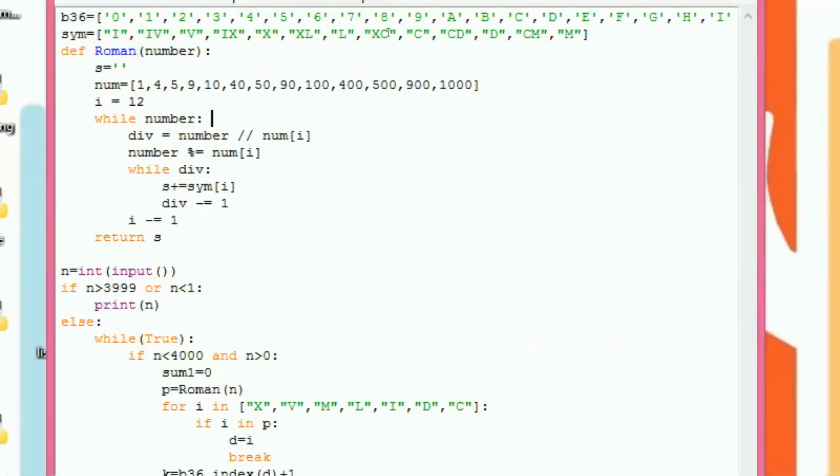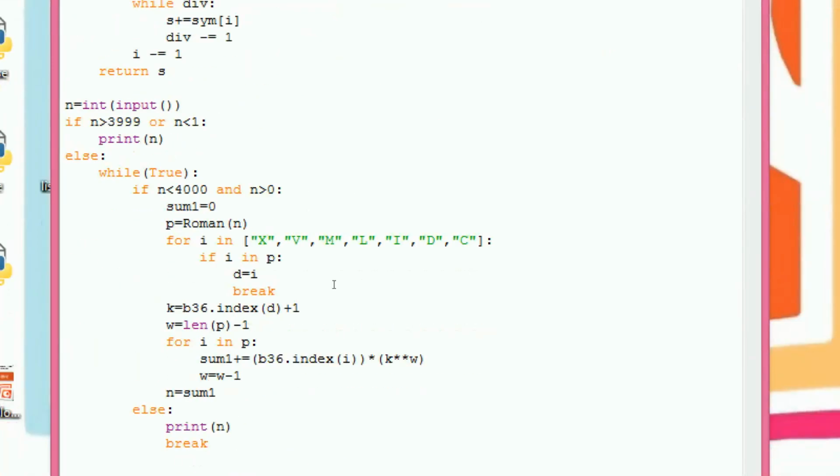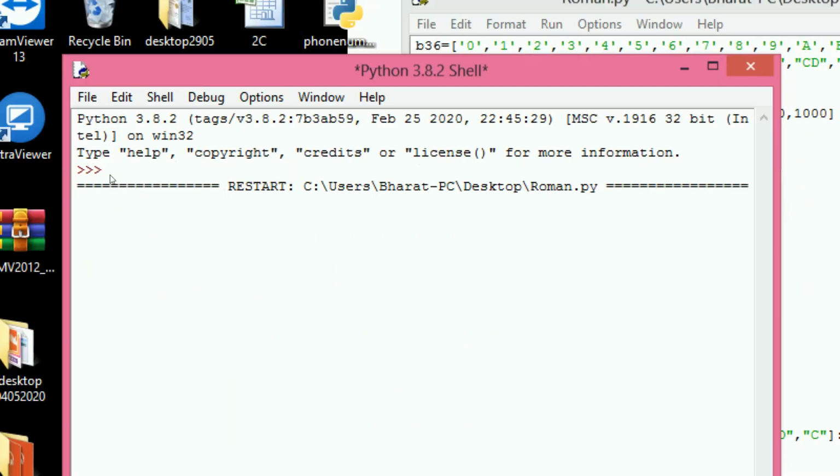Break. So now we can see the execution of the program. So this is the program. So what we discussed, now we can execute this program. Now we are giving the input 1. So this is the output, 45338950.